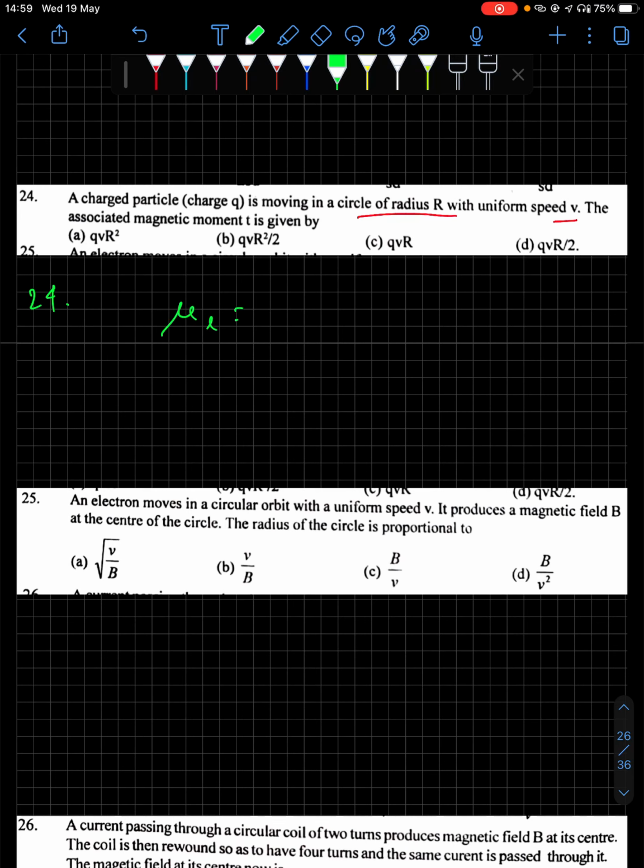Now, orbital magnetic moment, right? In case of a charged particle, whenever a charged particle is moving along a circular path, we have orbital magnetic moment, and we had this relation directly. If you check the theory once again in the last second file, I guess, it is eVr divided by 2. That is in the Bohr magneton topic. You can check it there. Now e is q here, so qvr divided by 2 is your answer. This is the direct question. Option number D.